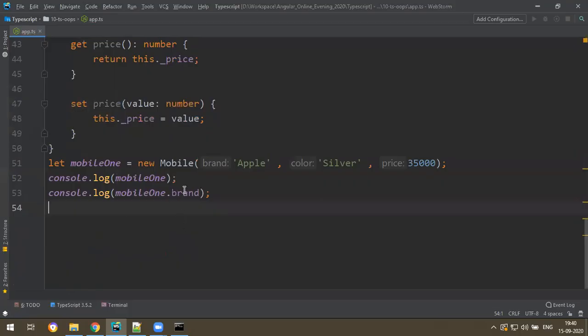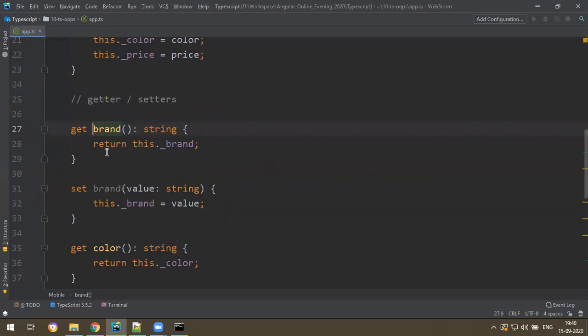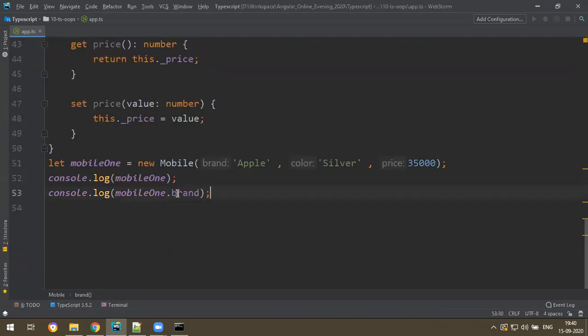Okay, and even if you want to know exactly whether it is going to the same function or not, just press the control key, keep the cursor on it, and click once. It'll go to there only. Okay, fine. This is how you will access the properties.